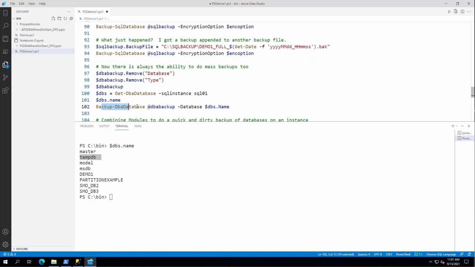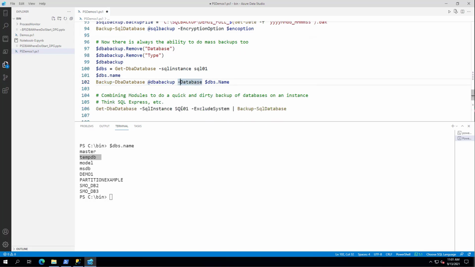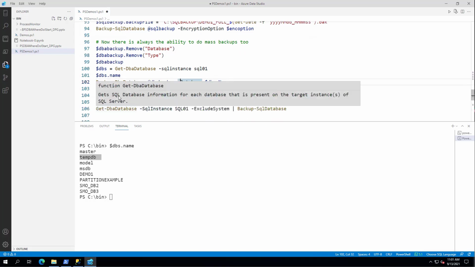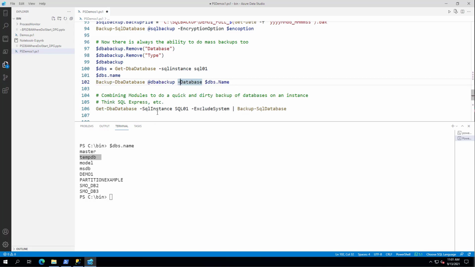The backup DBA database in DBA tools omits it, but say you were going to do a down and dirty backup database for a SQL Express, and SQL Express has all those databases, but the big thing about SQL Express is that it has no agent. So you just wanted to quickly get DBA databases on the SQL instance, pull them in, but you just wanted to exclude system, because then I'm going to pass it into